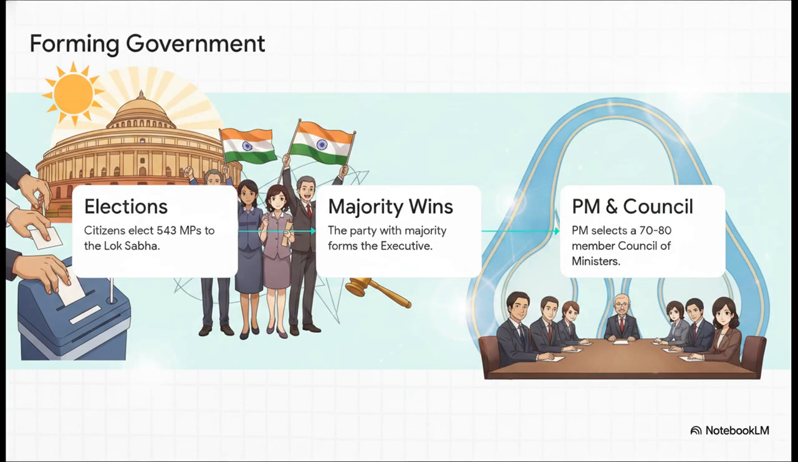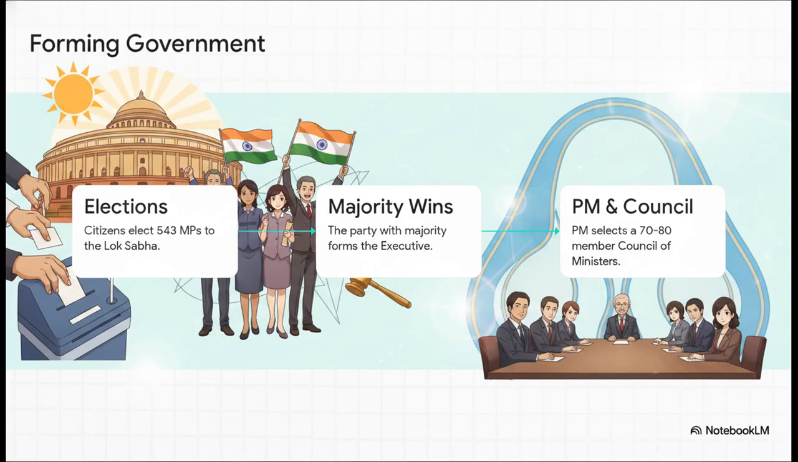So here is how that connection actually plays out on the ground in India. First, citizens head to the polls and elect 543 members of Parliament to the lower house, known as the Lok Sabha. Whichever party or coalition wins the majority of those seats goes to the president and claims the right to form a government. From that majority, the prime minister then selects a council of ministers, usually about 70 to 80